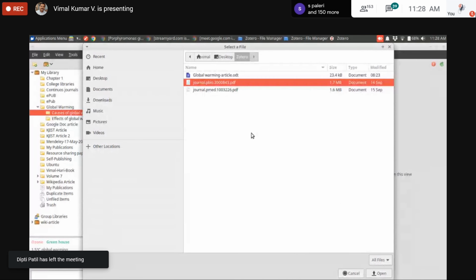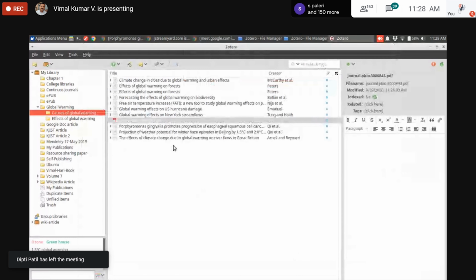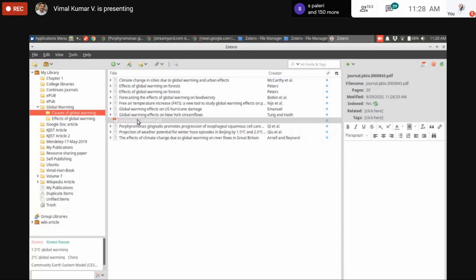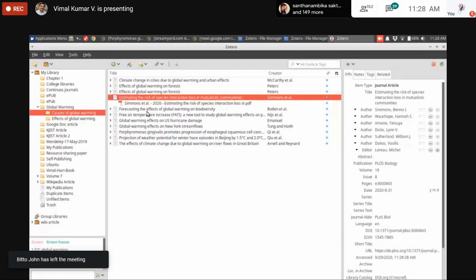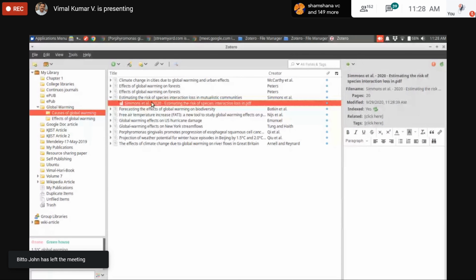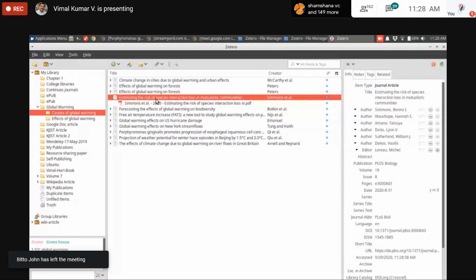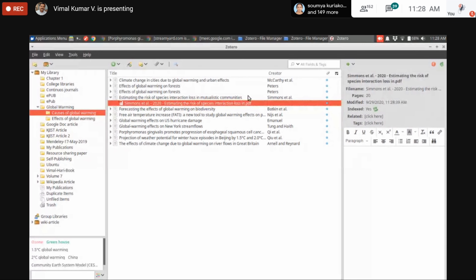Select the article, then click on open. The PDF file contains the metadata of the article. It will fetch the journal details from the article. So we can see the metadata along with the full text of the article here.